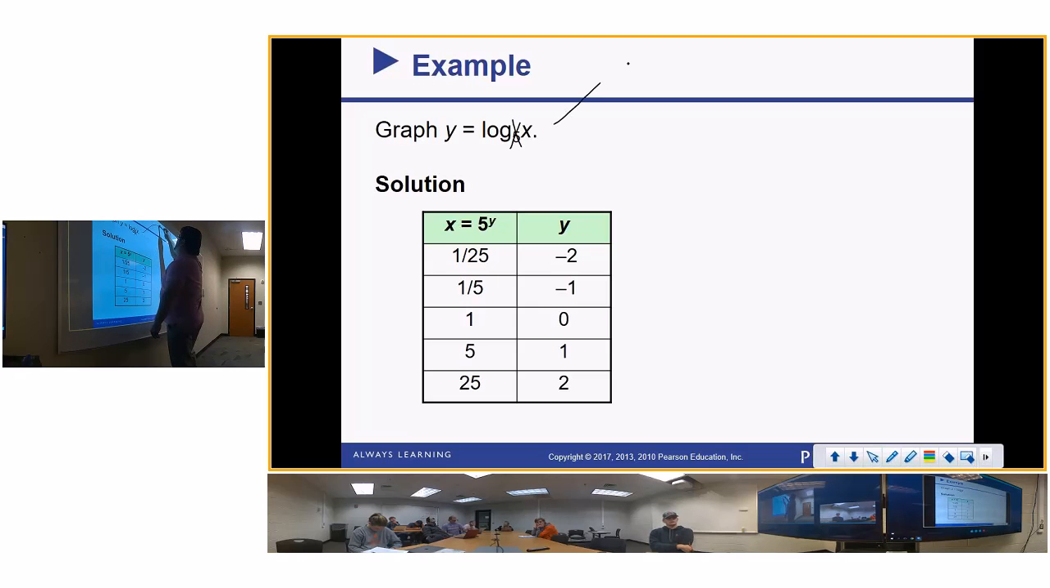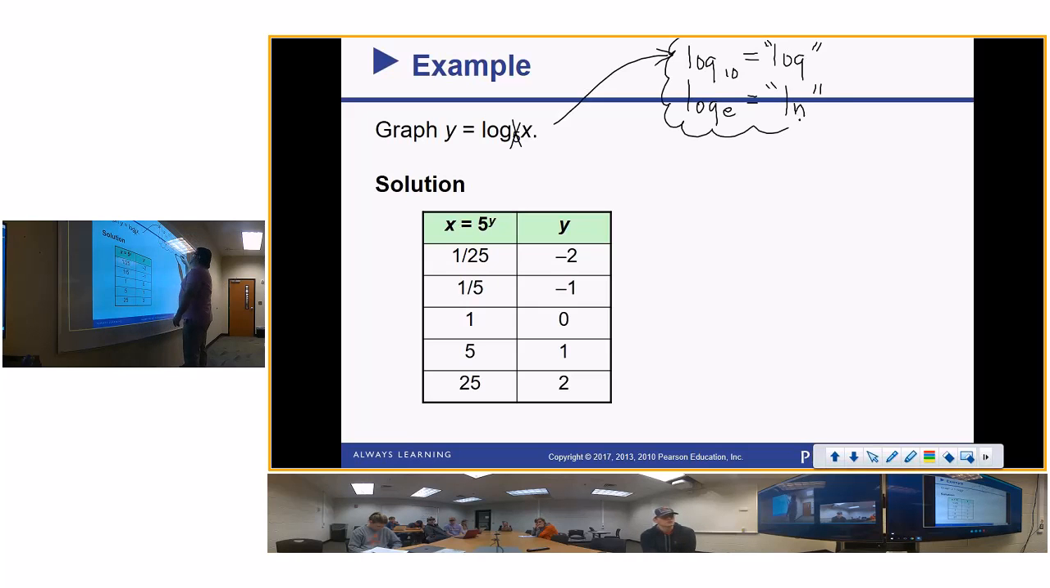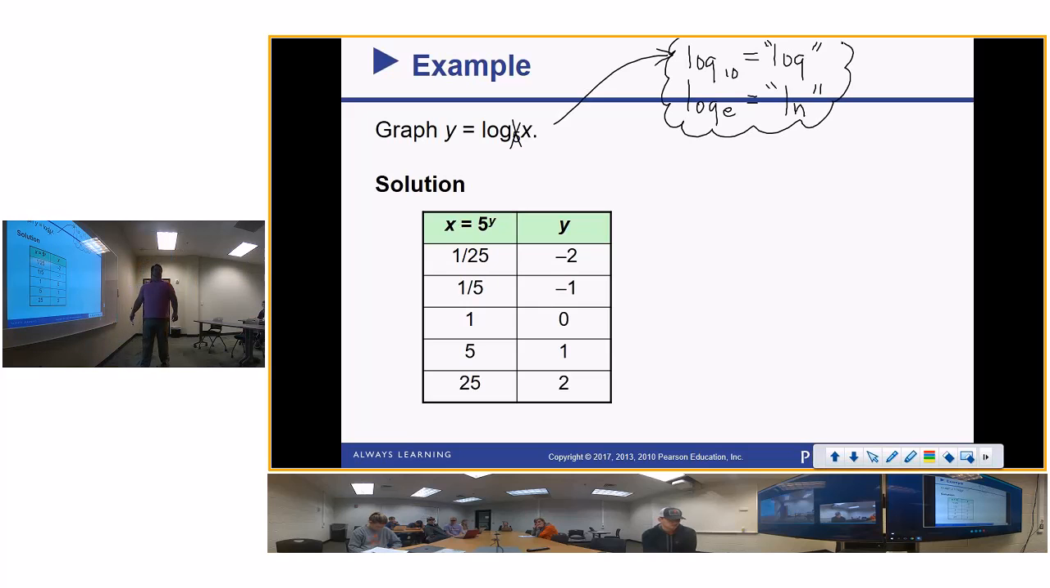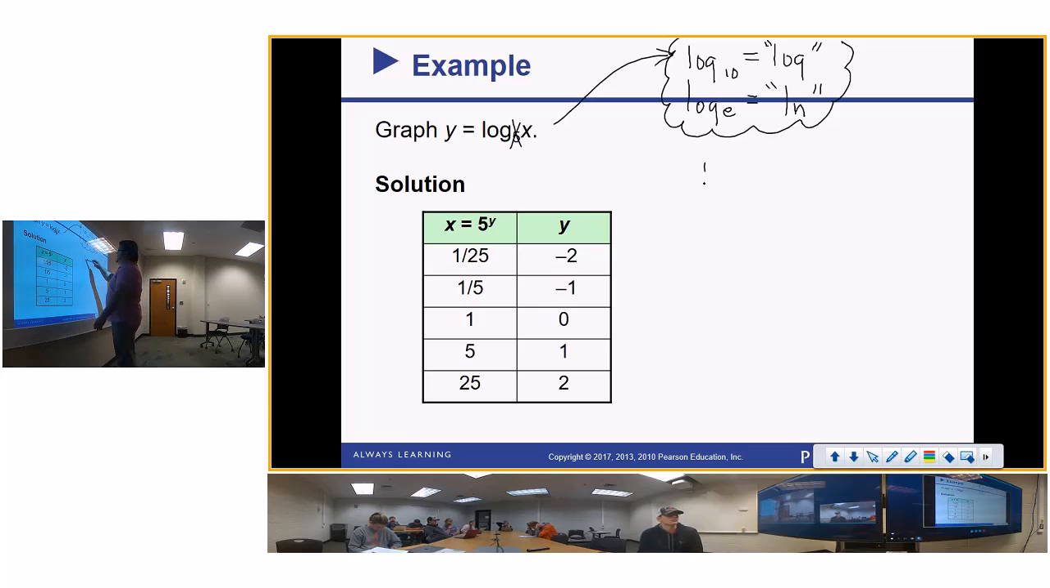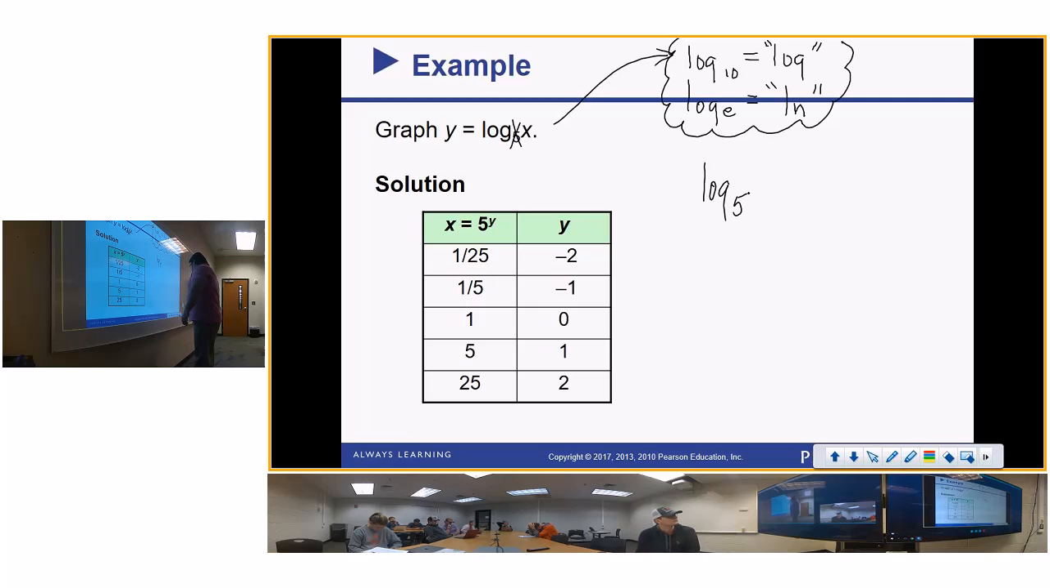The only thing your calculator can do is log base 10, which is the LOG key, and log base E, which is the natural log key. That's the only 2 mathematical operations that your calculator can do. So if you see a log base 5, there's 2 things you can do. You can rewrite it, or you can change base. Change base is for later. So if you have a log base 5, you cannot do that in your calculator